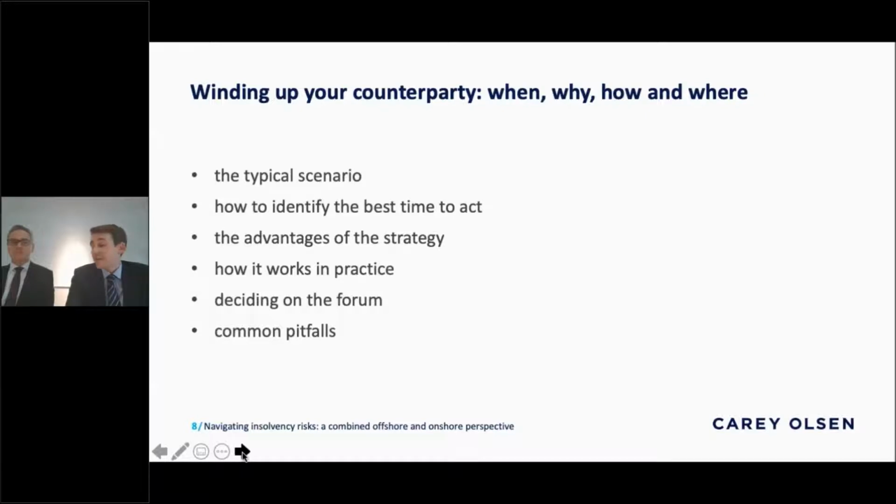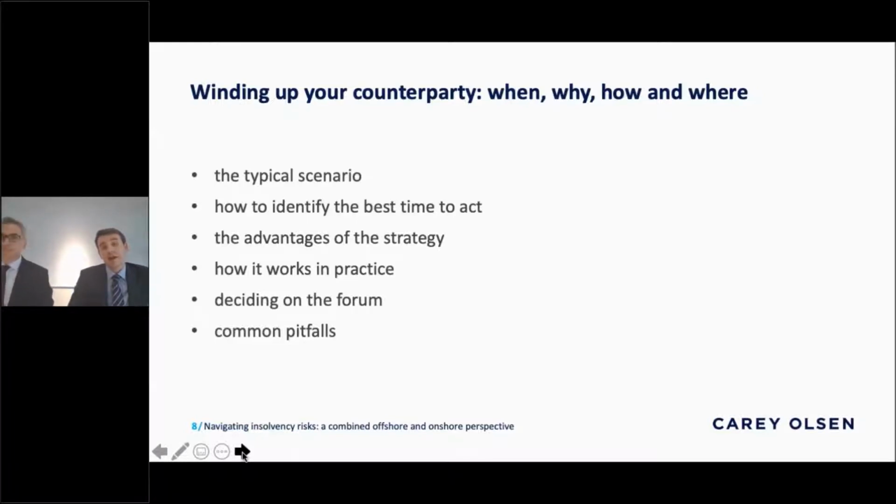And alongside that, I think the key concern normally is how much is there in the pot. If the assets are limited, you may well find that the secured creditors scoop the pot, or in an extreme circumstance, you might find that the liquidator's fees exhaust the pot. So it's important when thinking about winding up a counterparty, not just necessarily to look at whether you can, but also to look at it from the other end and see whether it's really worth your while. So those are a couple of the big ticket topics we're seeing at the moment.